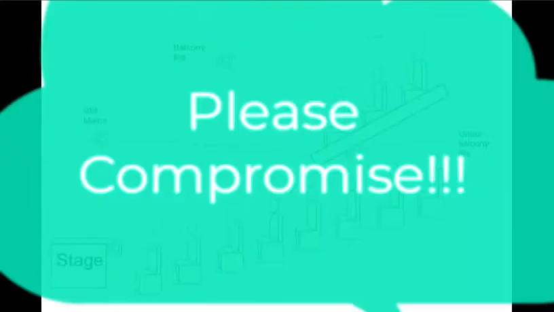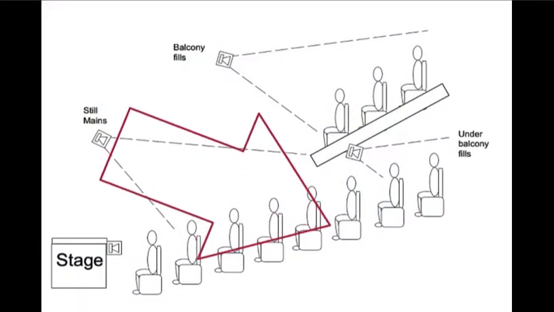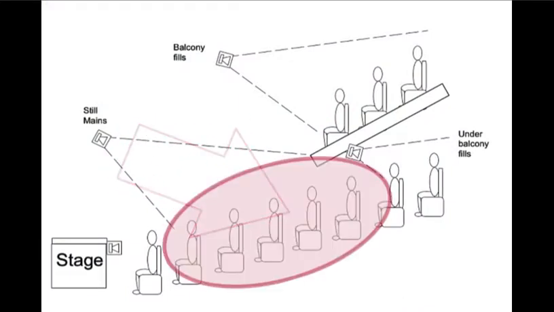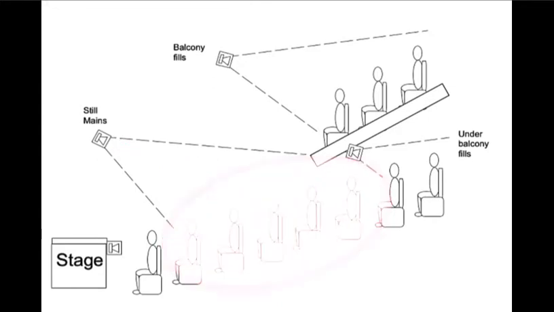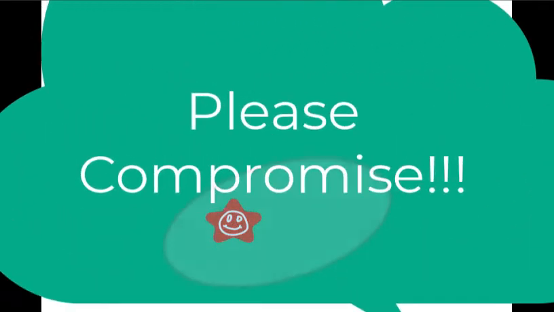I always start with the human voice in the main speakers first, and I get that set and leave it. If you need to change that later, that's fine, because any adjustments you make will affect all the fills too. And again, remember, those seated on axis of the speaker are getting more amplitude, so try to work off of the axis, which is this area here, and again, work in this context of compromise.